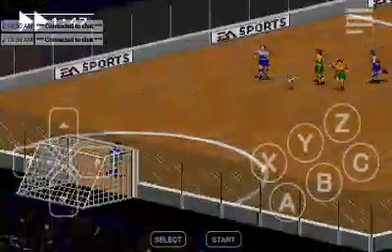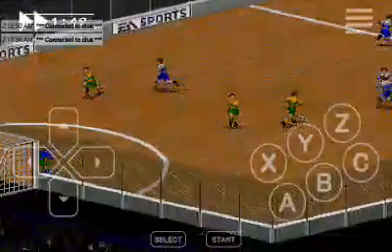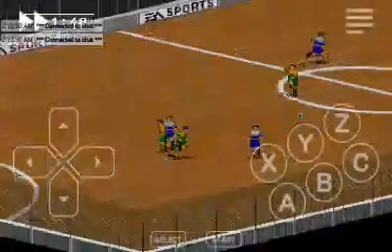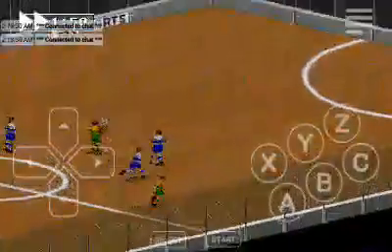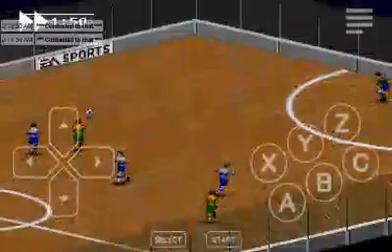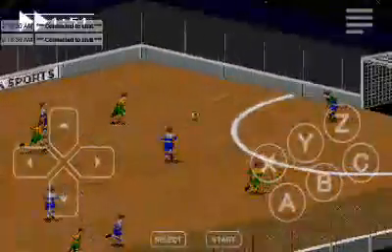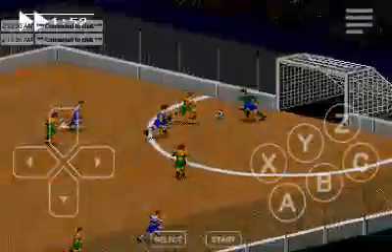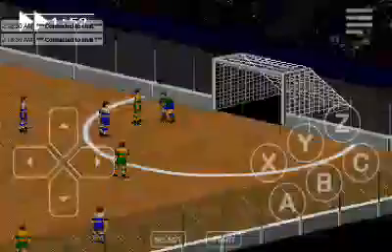Vancouver pushes forward into the offensive line, but is stopped short by Dallas's defense. Dallas pushes the ball into the offense. Oh, and the ball is stopped there by Vancouver's goalkeeper.